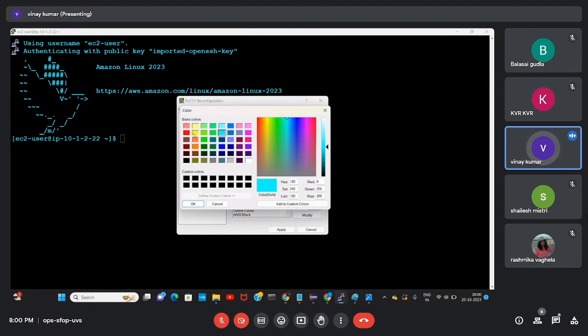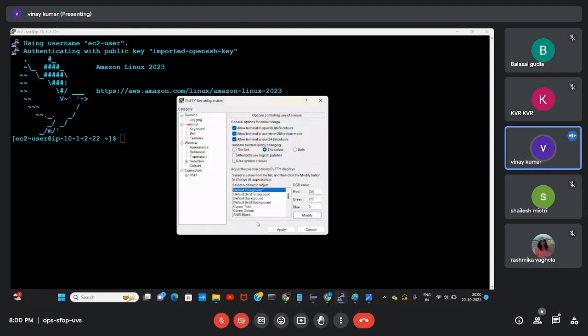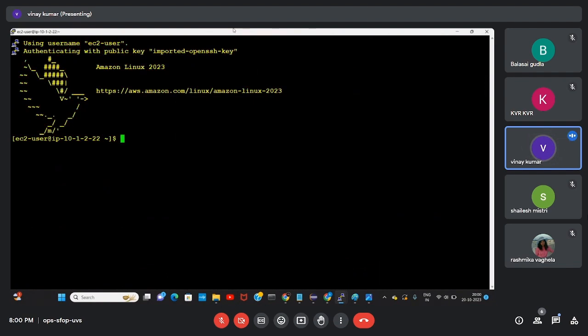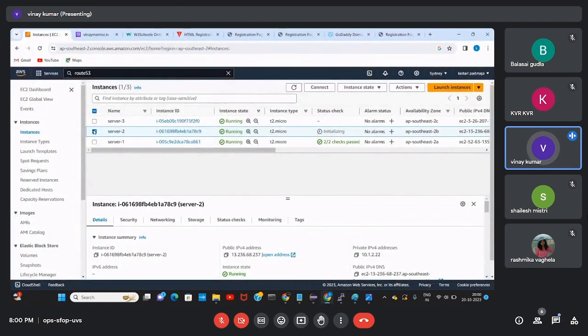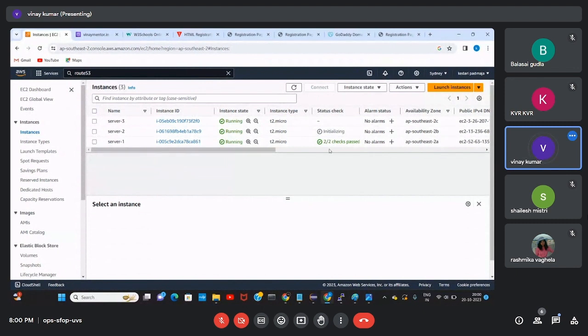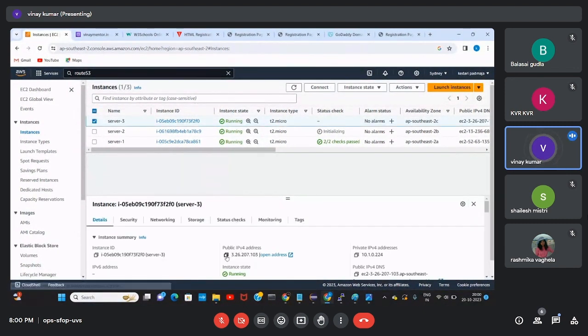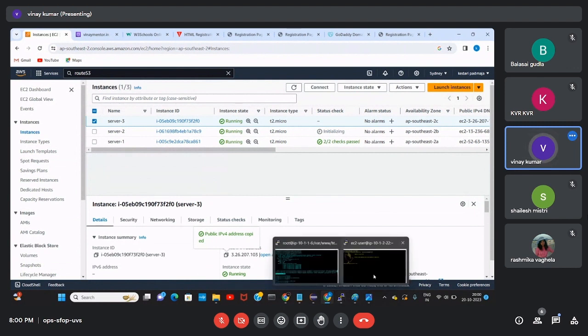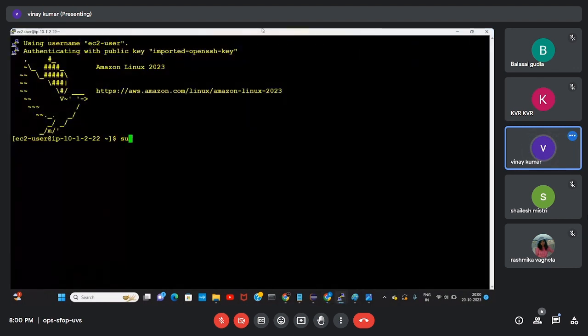I'm choosing this one, it's fine. Now the other server also. 2A, 2B, 2C. This is the third one. Sudo su.